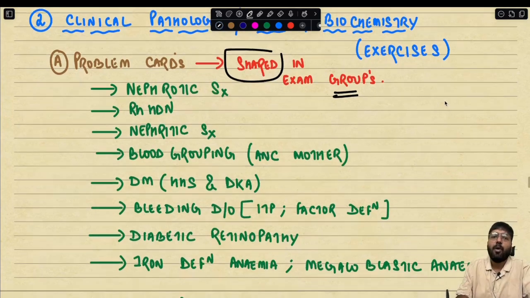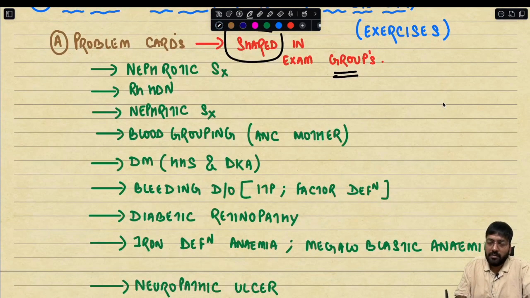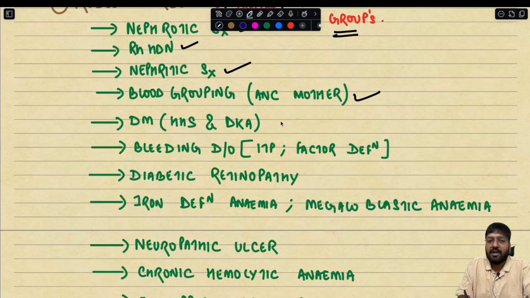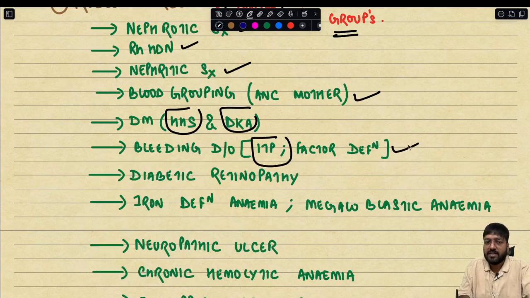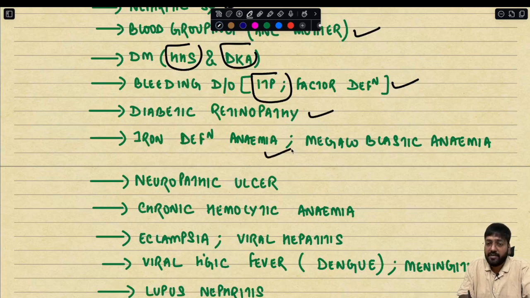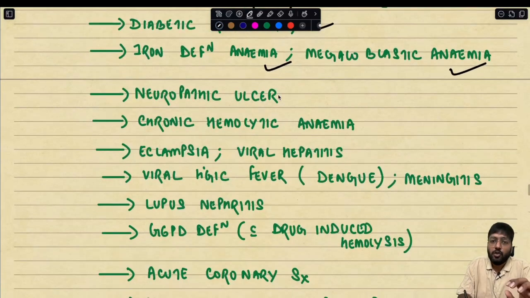So the basic important clinical situations or vignettes are based on nephrotic syndrome, rheumatic heart disease, Rh disease of newborn, nephritic syndrome, blood grouping. Okay, diabetes mellitus, cases of HHS, that is hyperosmolar hyperglycemic state, diabetic ketoacidosis, bleeding disorders like ITP or any factor deficiency, diabetic retinopathy case, iron deficiency anemia, megaloblastic anemia, neuropathic ulcer case, chronic hemolytic anemia,